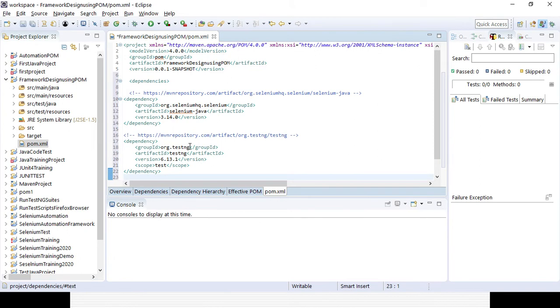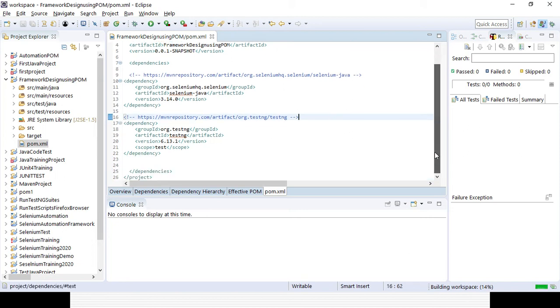I will add the dependency. After that you need to save it, and let's see whether any error message is there or not. So it will take some time for building the workspace, whatever dependency has been added, right. So you can see it is building the workspace, 14%, so it will be completed, it will show 100%.